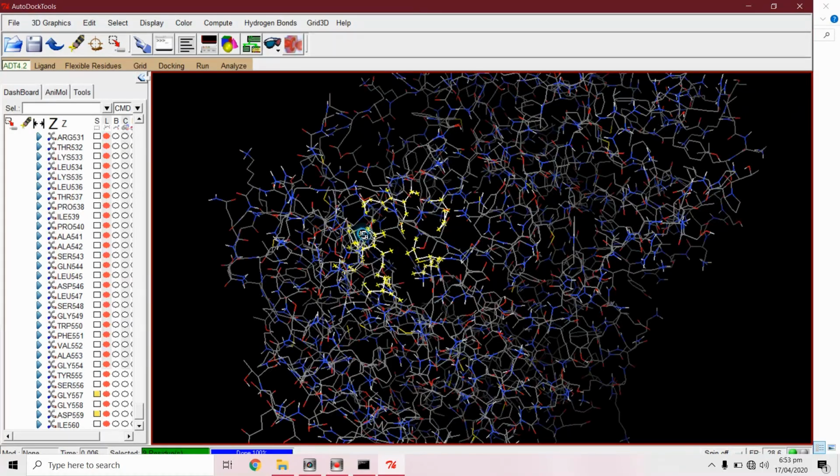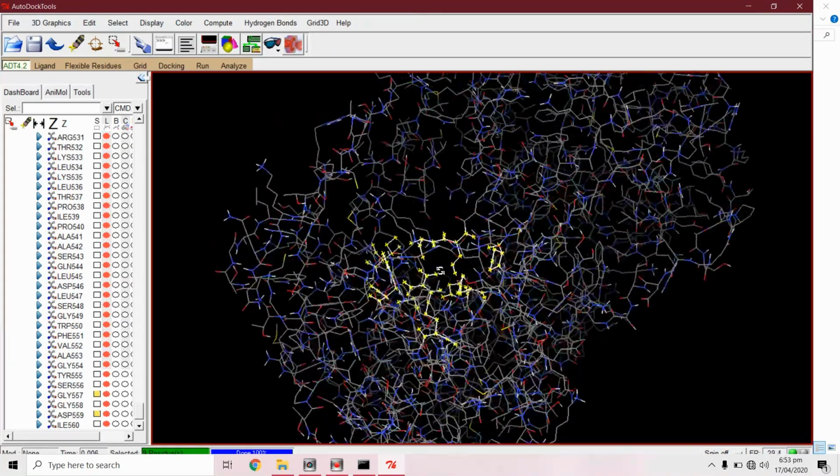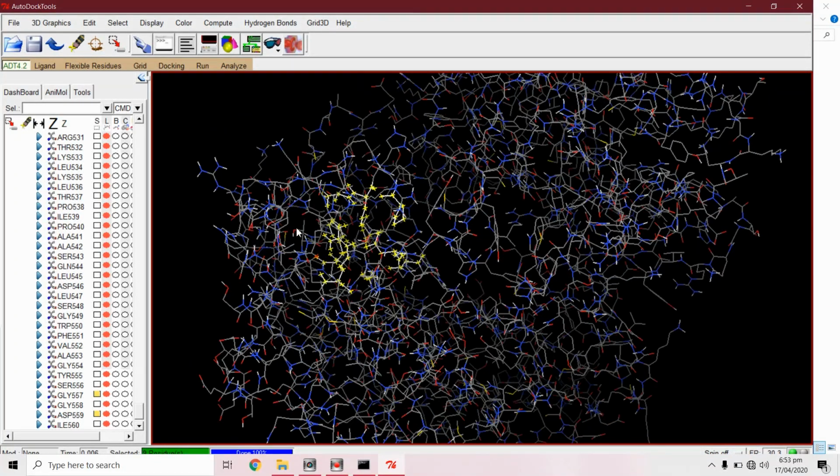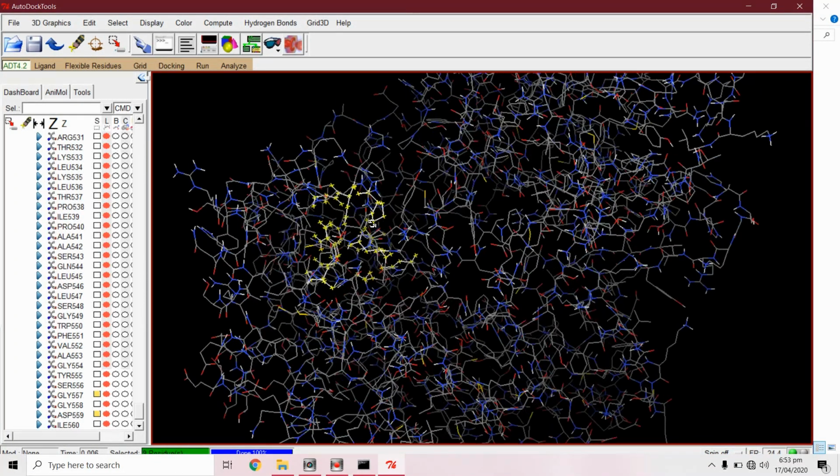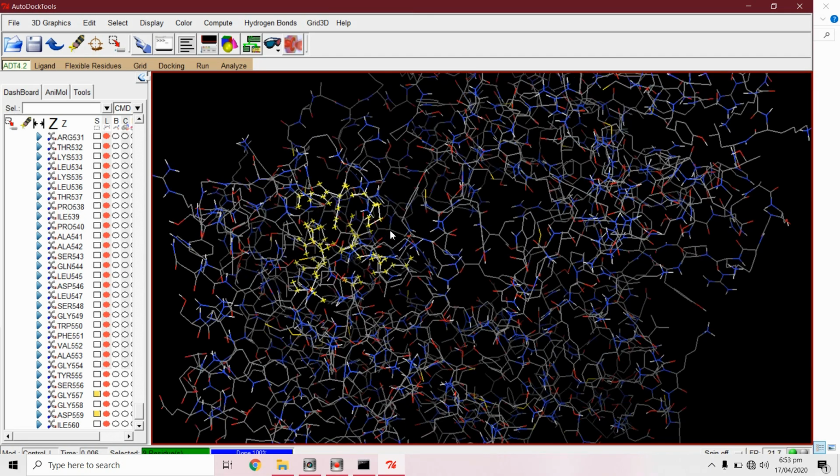We have selected all the residues in the binding sites. Now we will create a grid box around these selected residues.